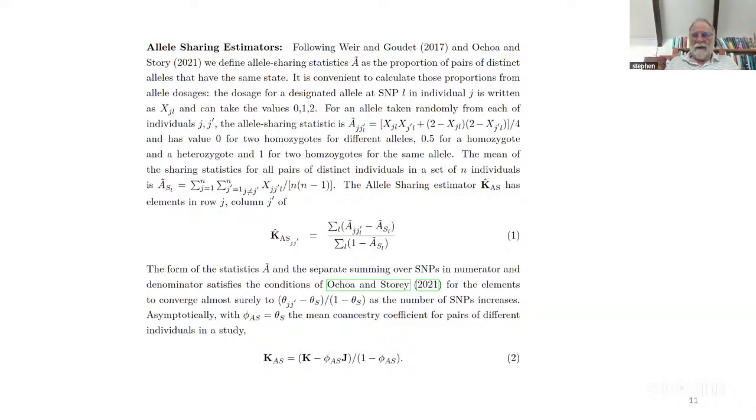And those things in turn are used to look at two individuals collectively, and what we get is a value of 0 or 0.5 or 1. And these are these A values. Now that's quite important, and